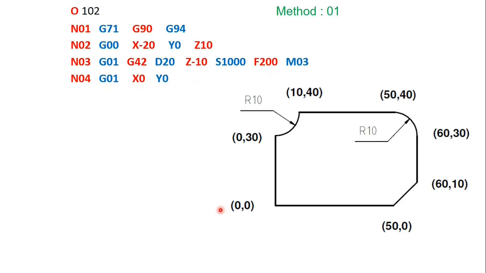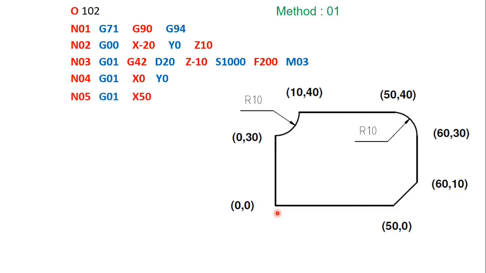So the cutter was here, rapidly move to this position. So this is where the position is for the cutter. Now what you have to do, I have to move along like this. Every time, what you are seeing is the workpiece is at the left side of the cutter, when you are seeing from the back side. More detail about the cutter compensation you can see in my last video.